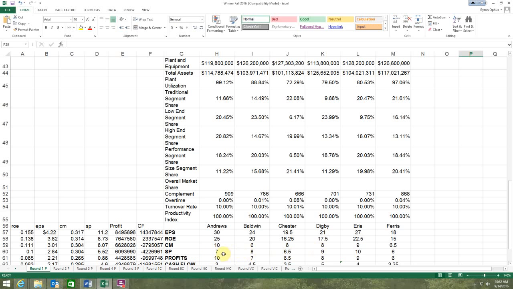But stock price change. Erie had the best stock price change. Digby second best. Baldwin, and then Andrews. So